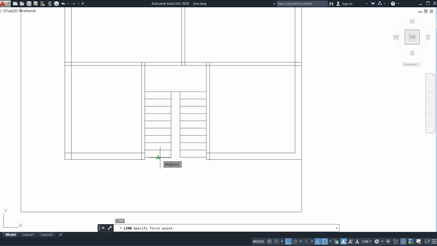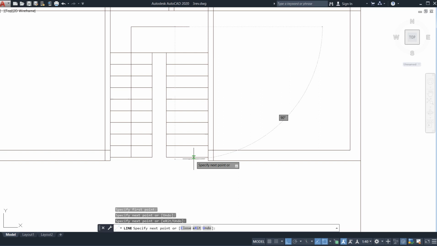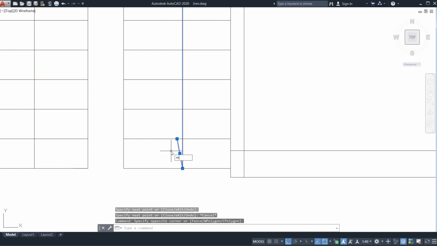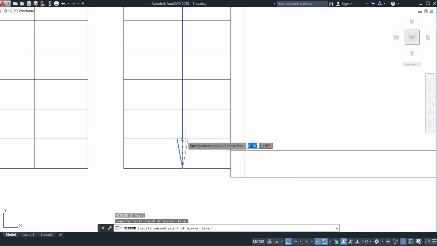So always mind, as per Vastu, a stair should always be in a clockwise direction. It should not be an anti-clockwise direction. So if we go like this, it will be anti-clockwise. If we go like this, it will be clockwise. So here it is clockwise direction. So mind, always the stair should be in clockwise direction because its railing should come under your right hand.